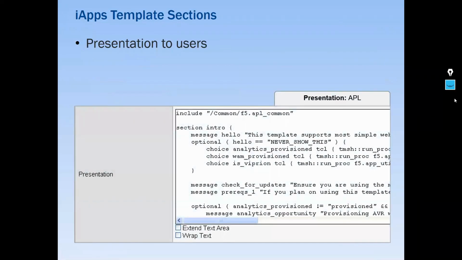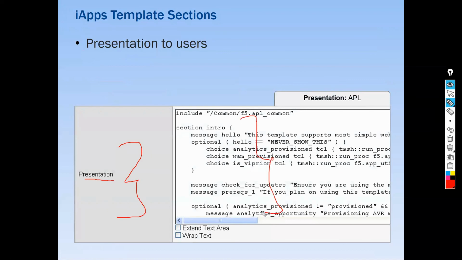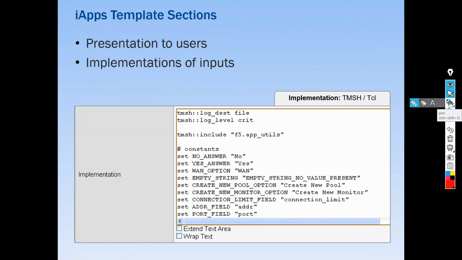And here you can see APL. If you open the template, this is what you see. You will see one presentation section where the APL is written, and the implementation of the answers given as inputs by the user, the implementation section, which is written in TCL or TMSH.